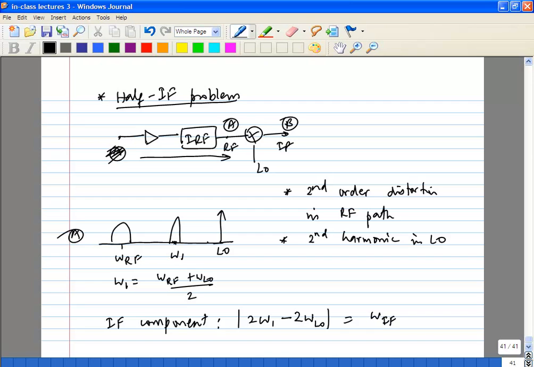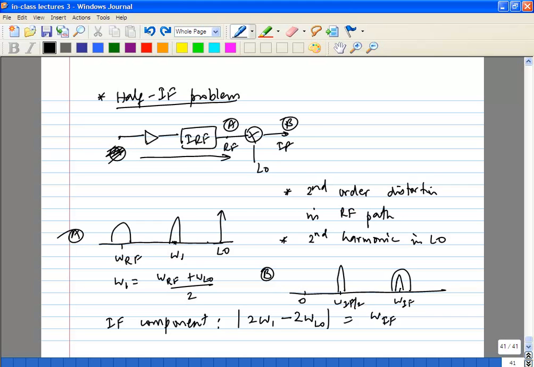This happens to be omega IF. Okay, is that clear to everyone? So in other words, if you plot the spectrum at B, you're going to have 0, and of course omega 1 is going to get translated to omega IF by 2. That's going to be the desired signal, and you're going to get the second harmonic, which may not be so big,